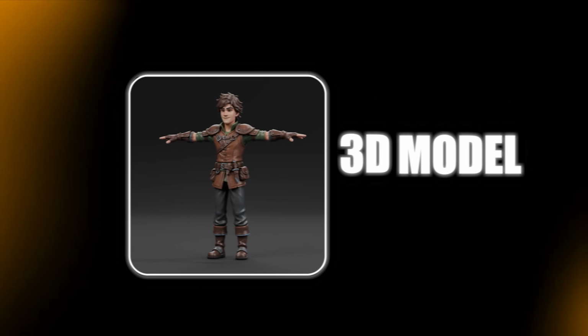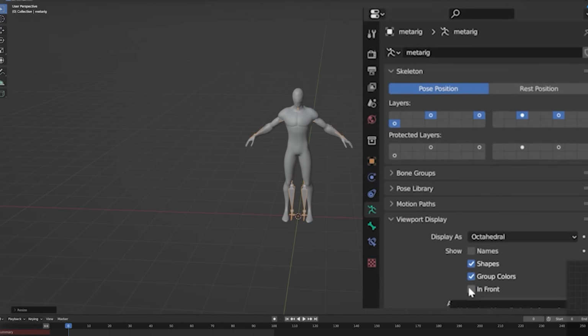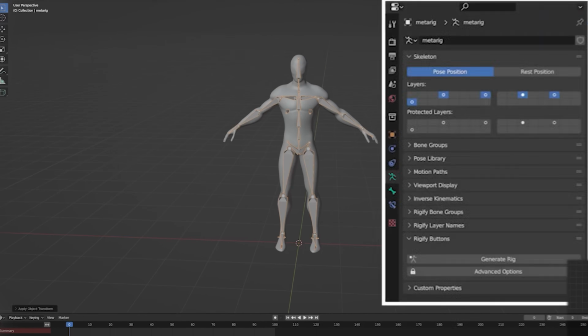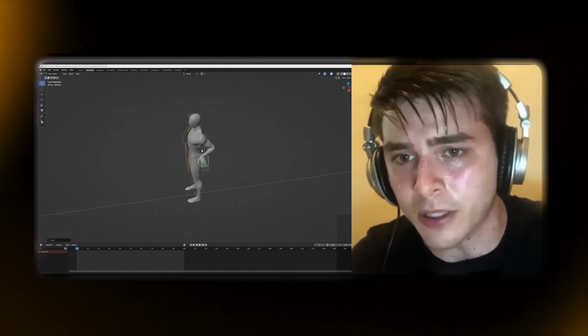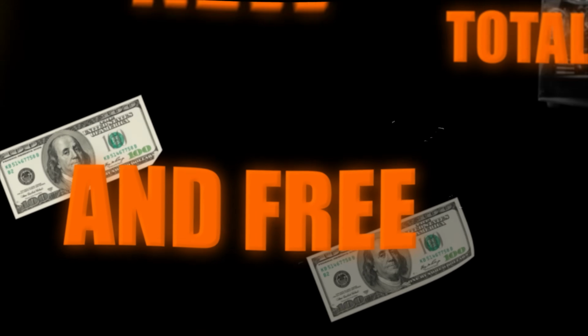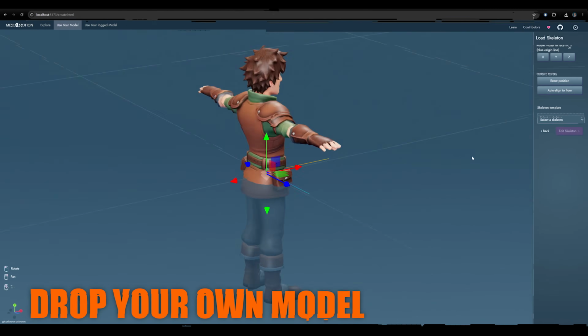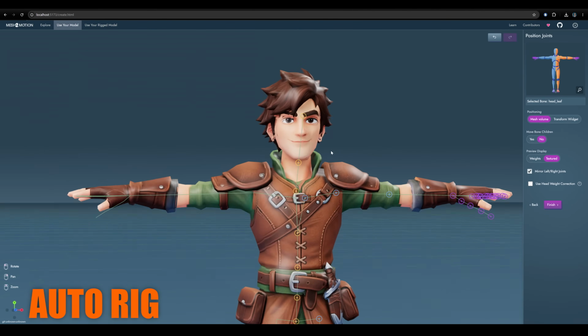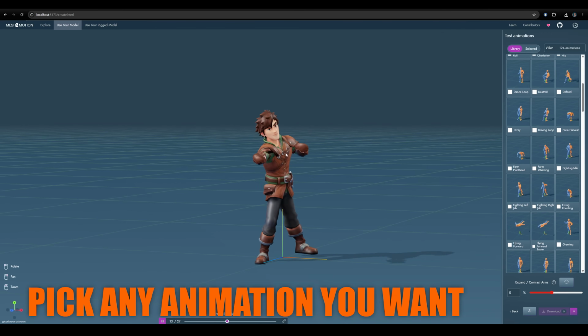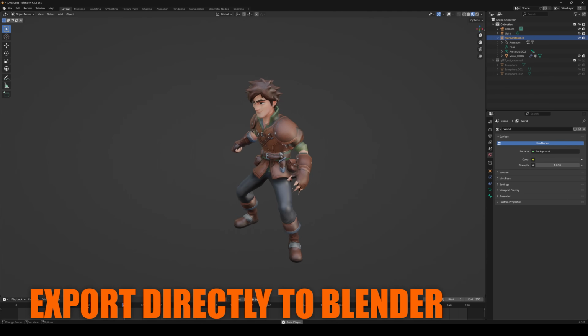Generating a 3D model with AI is easy now, but rigging and animating without spending hours of manual work is still a big issue. Luckily, there's now a new, completely local and free tool called Mesh2Motion that lets you drop in any model, auto-rigs it in seconds, and lets you pick the animations you want,